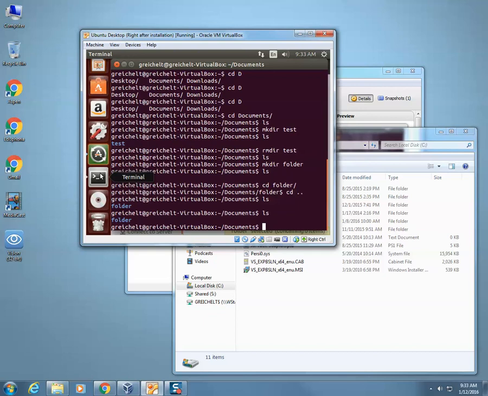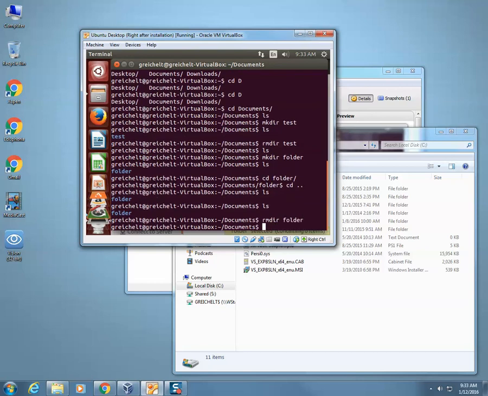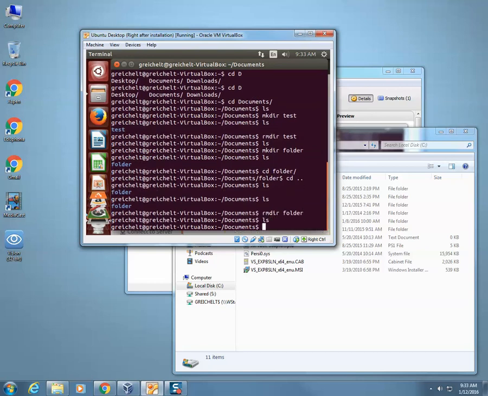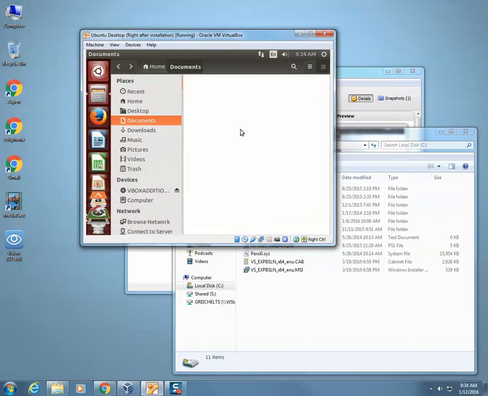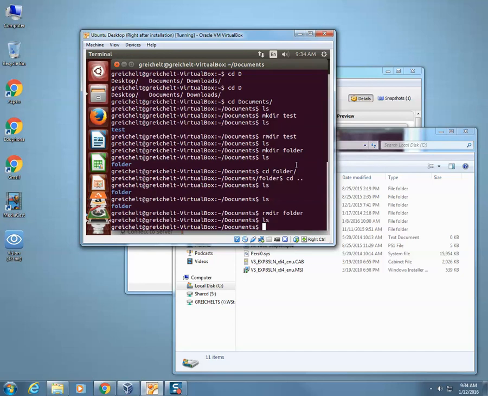So let's remove that directory, or remove that thing that I created, rmdir folder. Type in ls, it is gone. Perfect. Okay, so